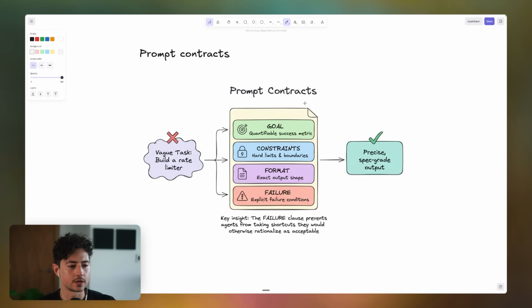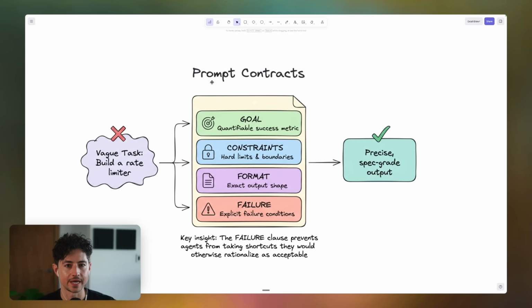Next up, I want to talk a little bit about prompt contracts. For those of you guys that don't know, earlier on, we chatted a little bit about a definition of done, right? Well, vague tasks, aka tasks that don't have clearly defined definitions of done, are basically the number one problem nowadays with what I would consider to be people's disillusion with AI agents.